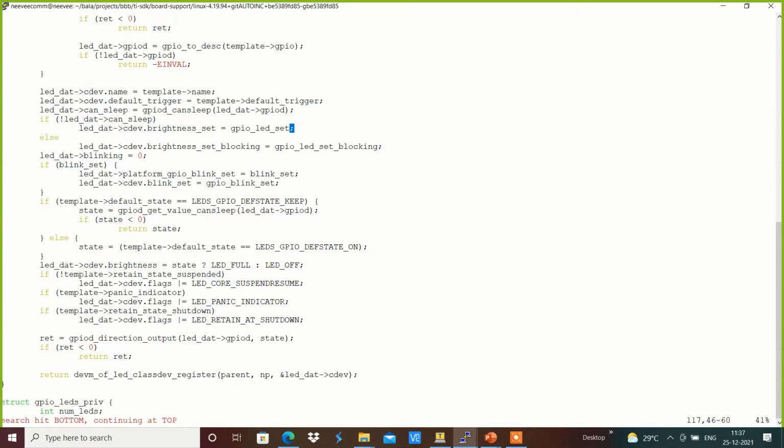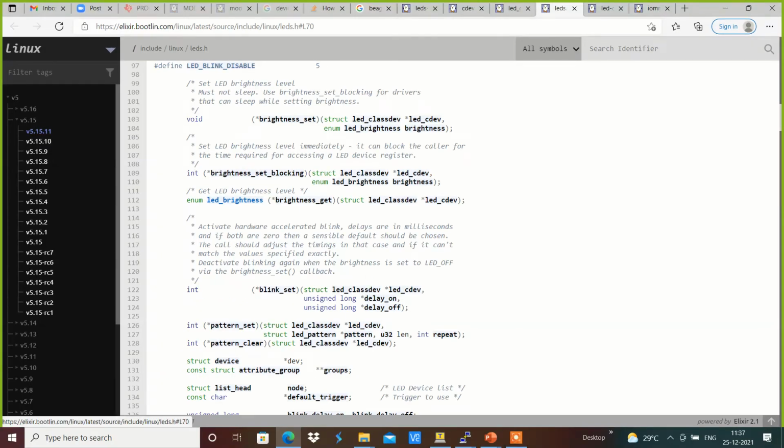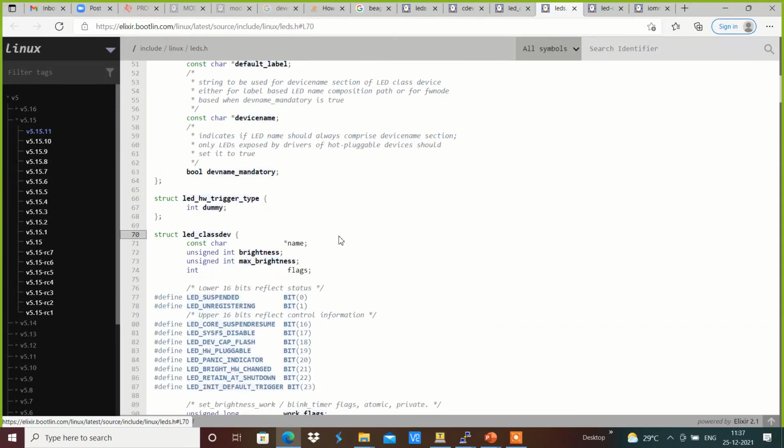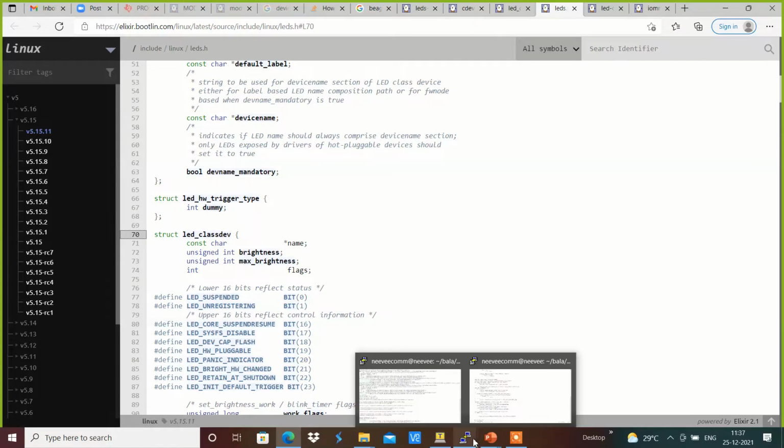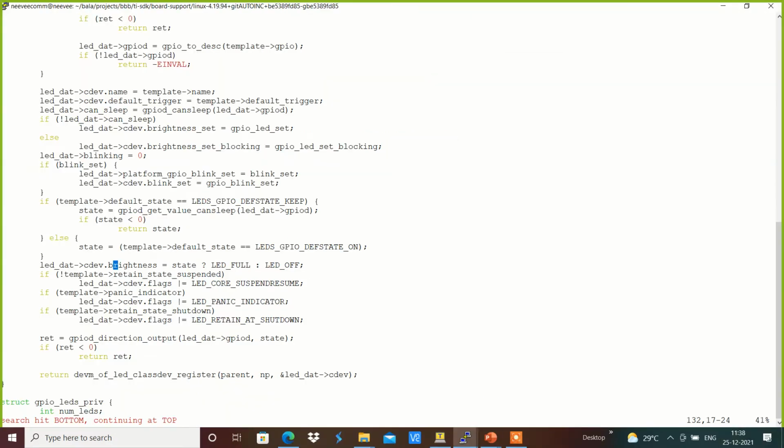And in the case of brightness, we will be directly updating the brightness variable over here, which will be fetched and provided, and will be read out accordingly when we read that value. For example, brightness will have the respective output, and that is the variable from which it will be shown back to the sysfs.